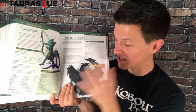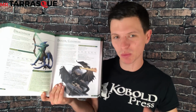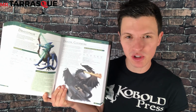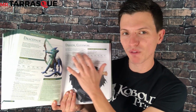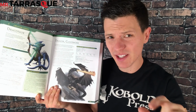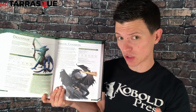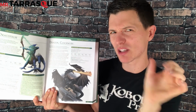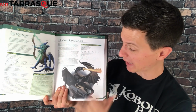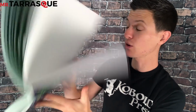Of course, there is a stat block in here, and one of the coolest things that Kobold Press does with their monster books is they have a piece of lore, like in almost any monster book, but they also have a piece of flavor text above that lore, which is a very short piece of text that instantly gives you a good idea of what the creature represents, and it's almost written as if you could read it out loud for your players. For example, we have this big clockwork black dragon, and I'll just read out loud what it